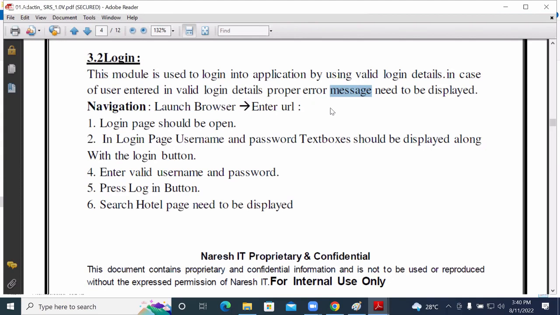Okay. And for this, what navigations need to be followed? Launching the browser. After that, entering the URL. So once you enter the URL, what needs to be displayed? Login page. This is how you refer to the requirement document. Testing is not at all difficult. All the information is available in this particular requirement document. You guys need to refer to